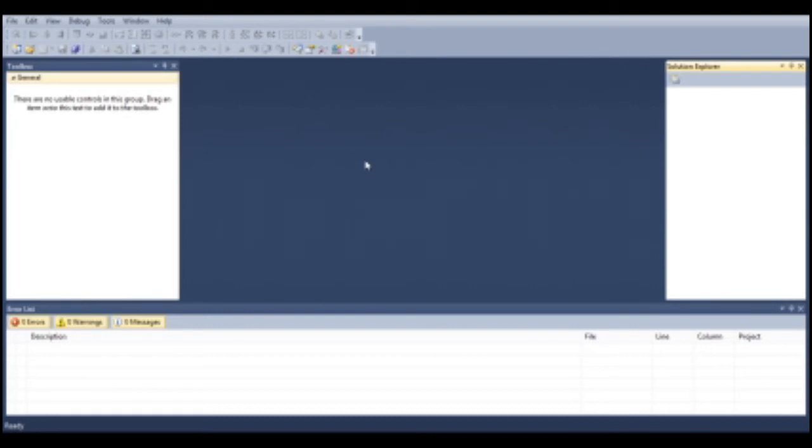To know more about file extension names in Visual Basic.NET, let us create a project and let us save it. Now, let's start a new project, a Windows Form application. We will name it as Trial Project. Let's say OK.